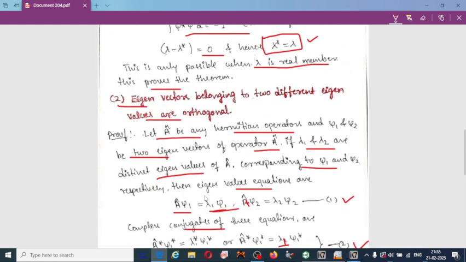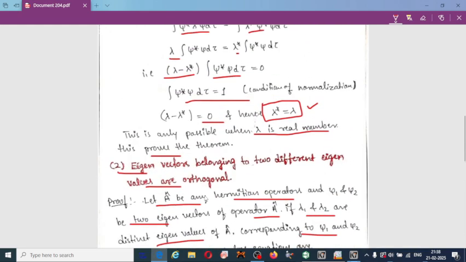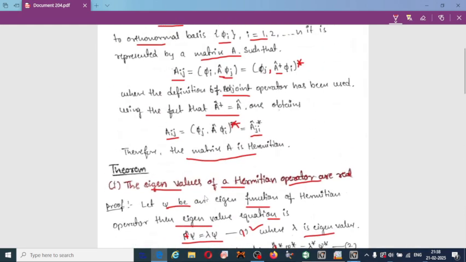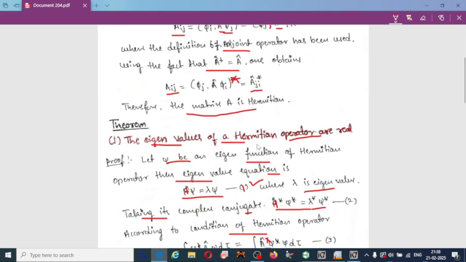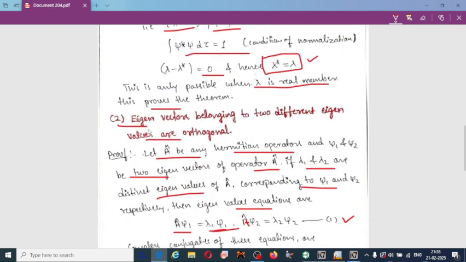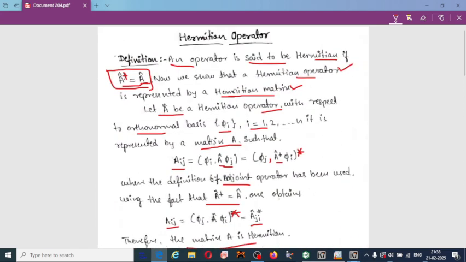So these are the two important properties or theorems related to Hermitian operators. First we should define a Hermitian operator and then we can explain their properties. Eigenvalues of a Hermitian operator are real. Eigenvectors belonging to two different eigenvalues are orthogonal. I hope this